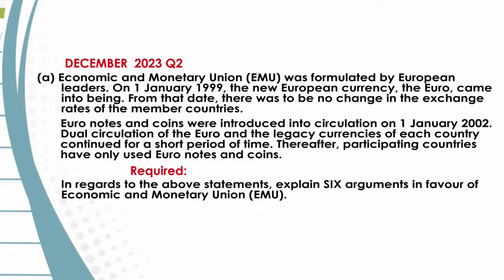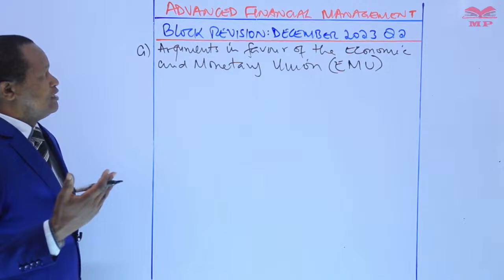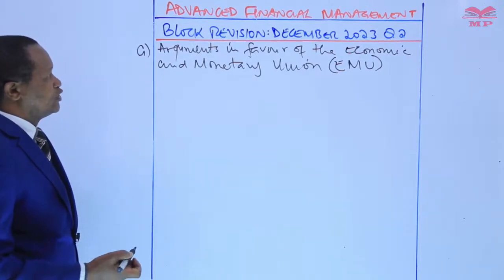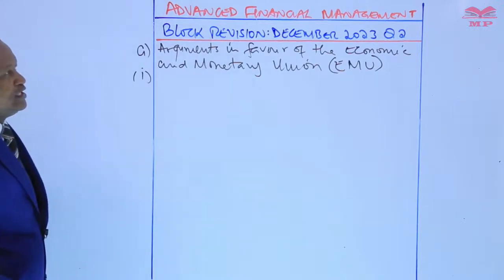Required, in regards to the above statements, explain 6 reasons or arguments in favor of the economic and monetary union. 6 marks. What are the arguments in favor of the economic and monetary union? Now, the first argument in favor of the economic and monetary union, number 1, is the